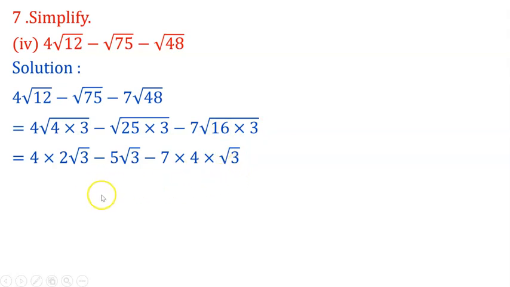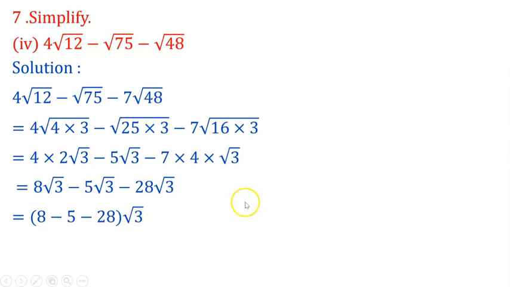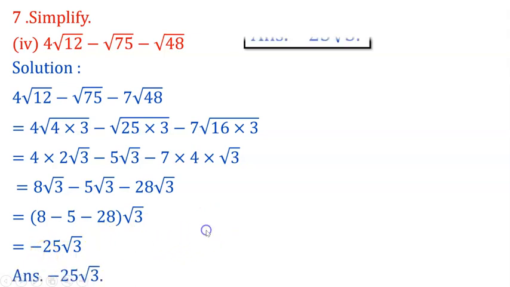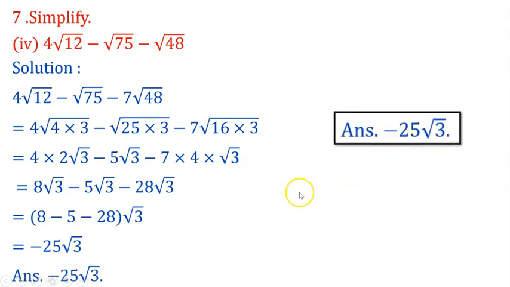Okay, next simplification, 4 into 2, 8 root 3. Next, minus root 3. Next, 7 into 4, 28 root 3. Next, take root 3 as common. Then in the bracket you will get here 8 minus 5 minus 28, bracket complete, into root 3, and after simplification you will get here minus 25 root 3, and hence the answer is minus 25 root 3. Now next,